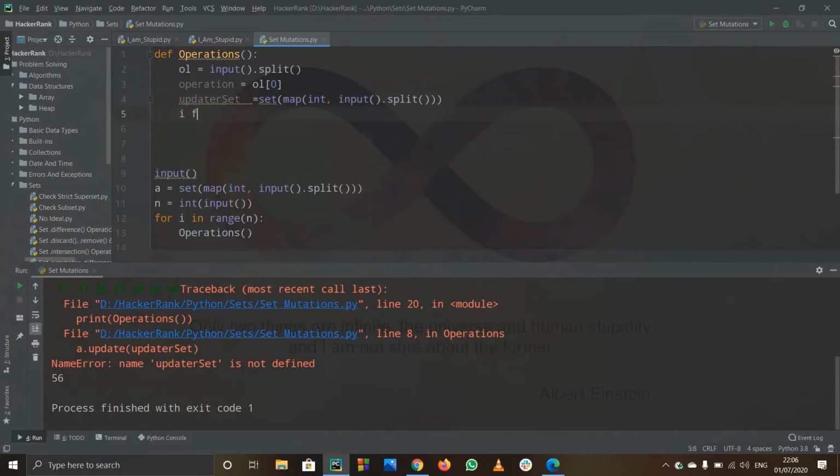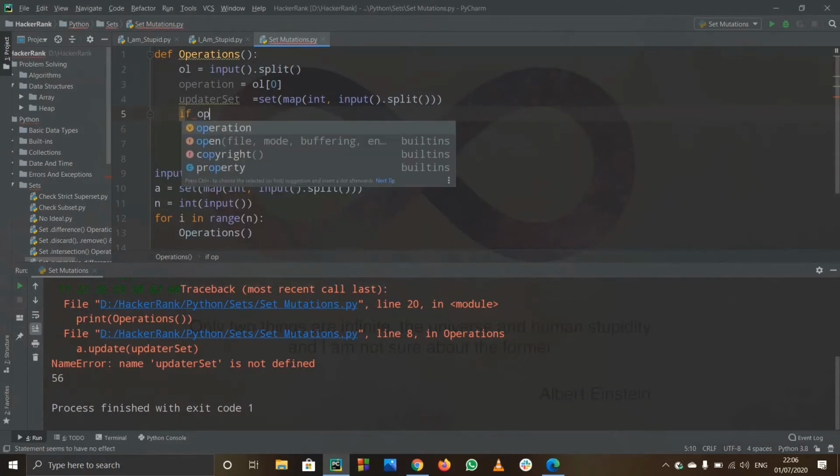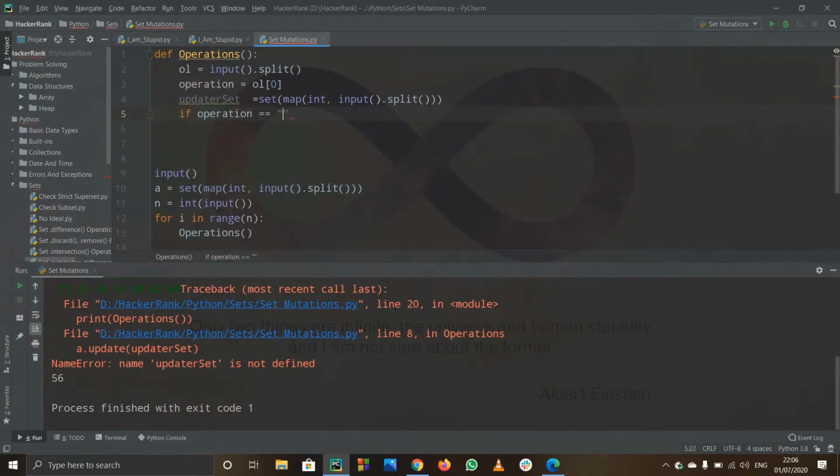Now we just have to use a command. So if operation equals, I think the first operation is intersection update. Wow, I'm not able to type. Intersection update, yeah, I hope the spelling is right now.